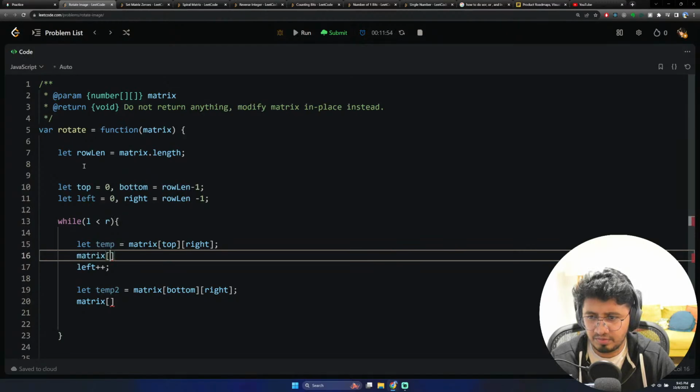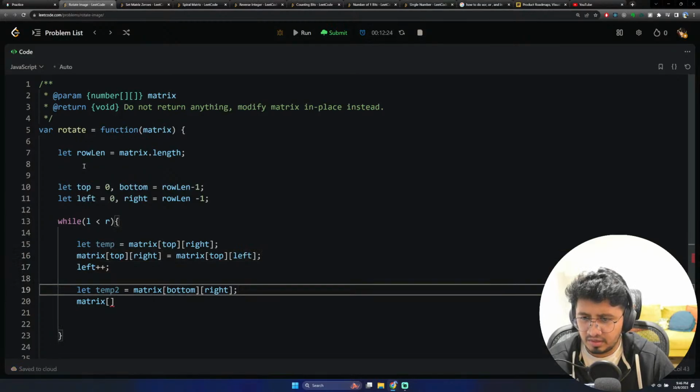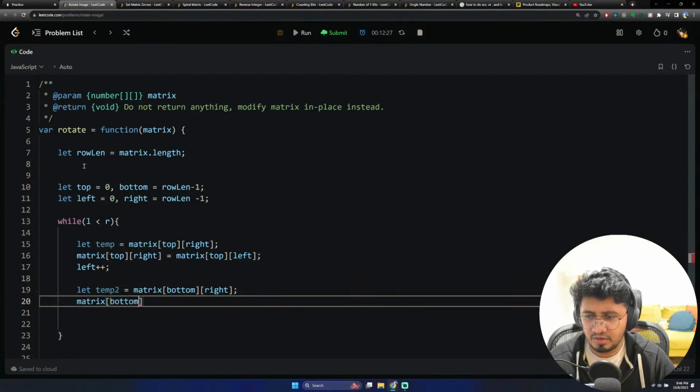Matrix of top right is equal to matrix of top left, yeah, and then matrix of bottom right equals to temp,